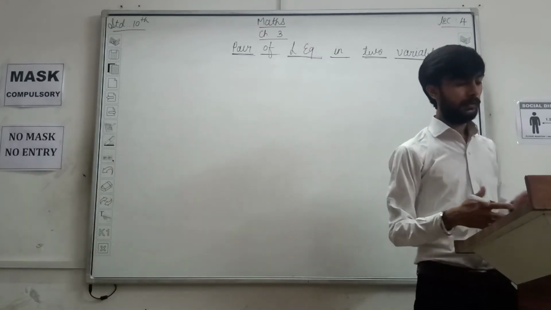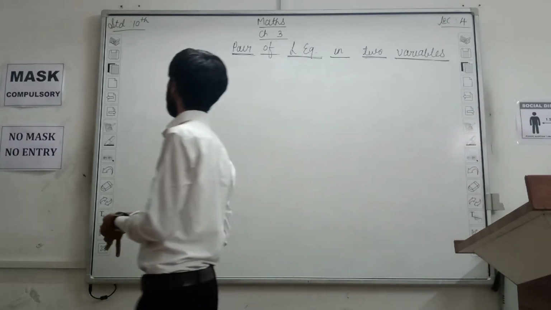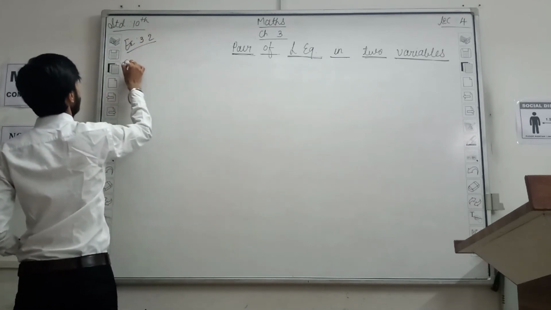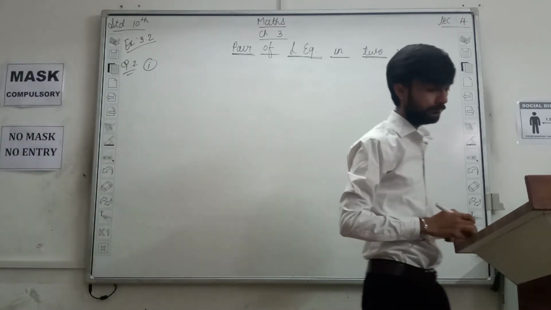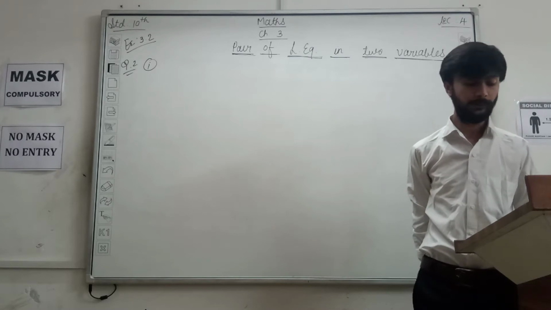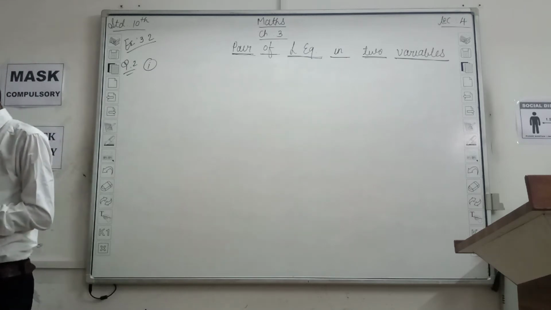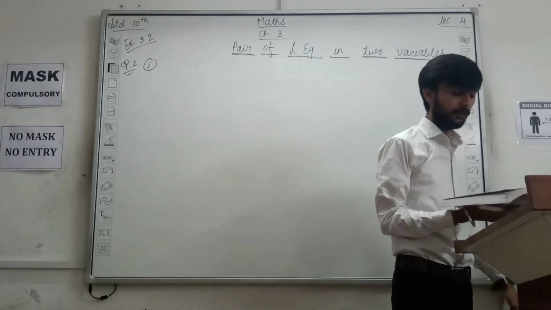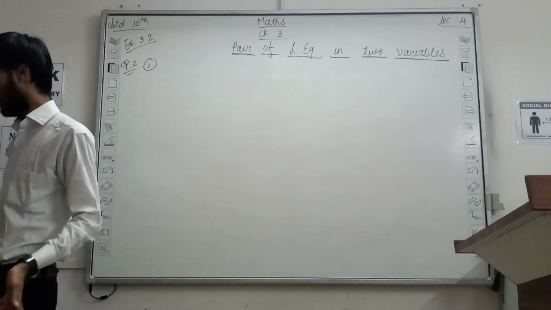So, last time we completed question number 1 of exercise number 3.2. Now, move to question number 2. See the heading first. On comparing the ratios A1 upon A2, B1 upon B2 and C1 upon C2, find out whether the lines representing the following pairs of linear equations intersect at a point, are parallel or coincident.